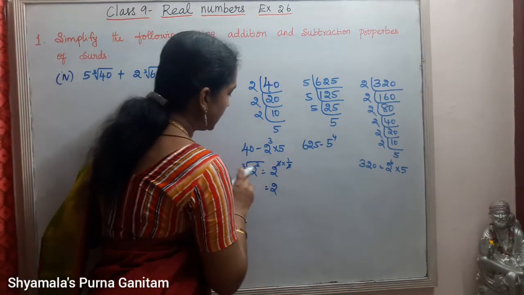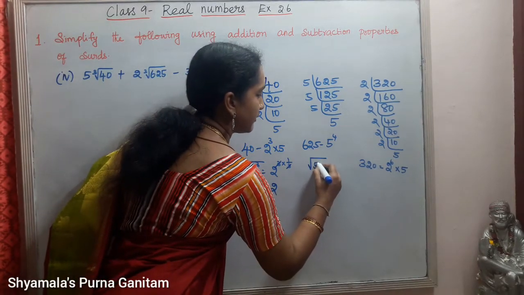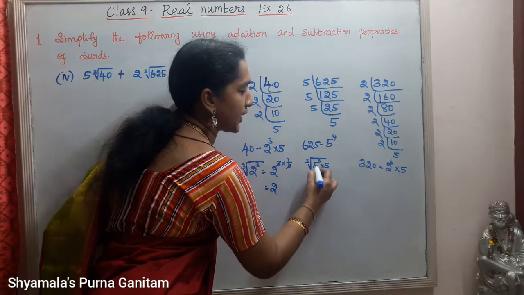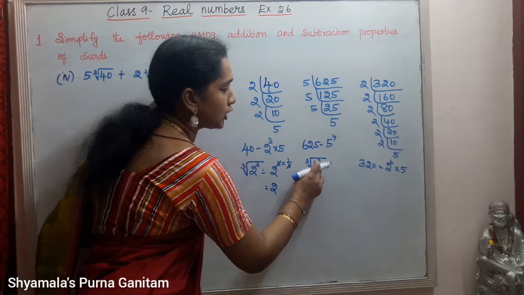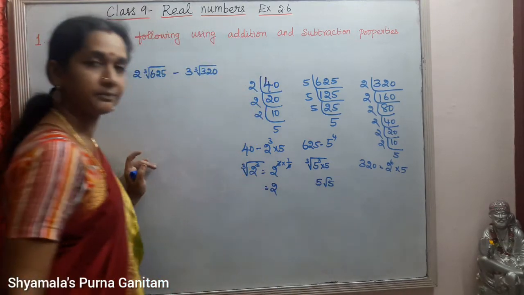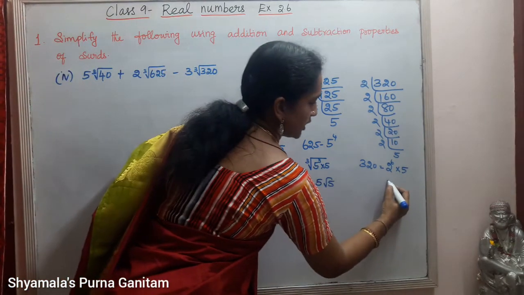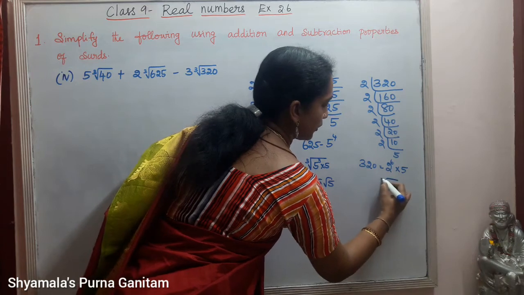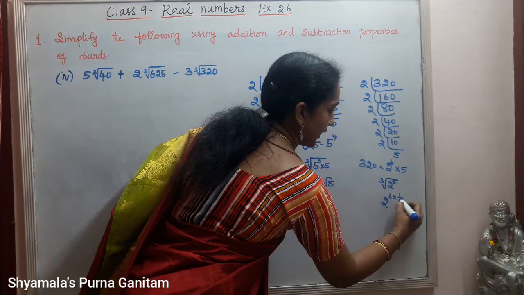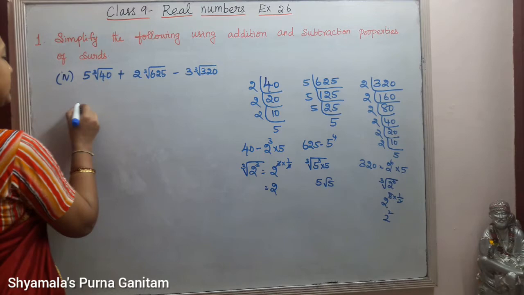Same way here also. Since cube root is given, here we can write this as 5 power 3 into 5. So 5 power 3 into cube root of 5 power 3 into 5. So cube root of 5 power 3 is 5. So 5 root 5 we will get here. Okay. So the same way here also. So cube root of 2 power 6, that means 2 power 6 into 1 by 3. So we will get 2 power 2 here. Okay. So everything we will write it here.